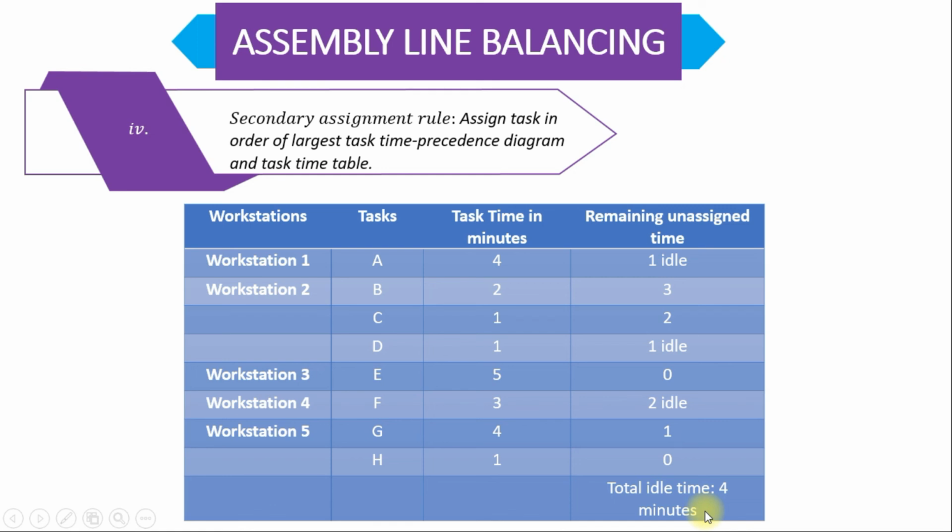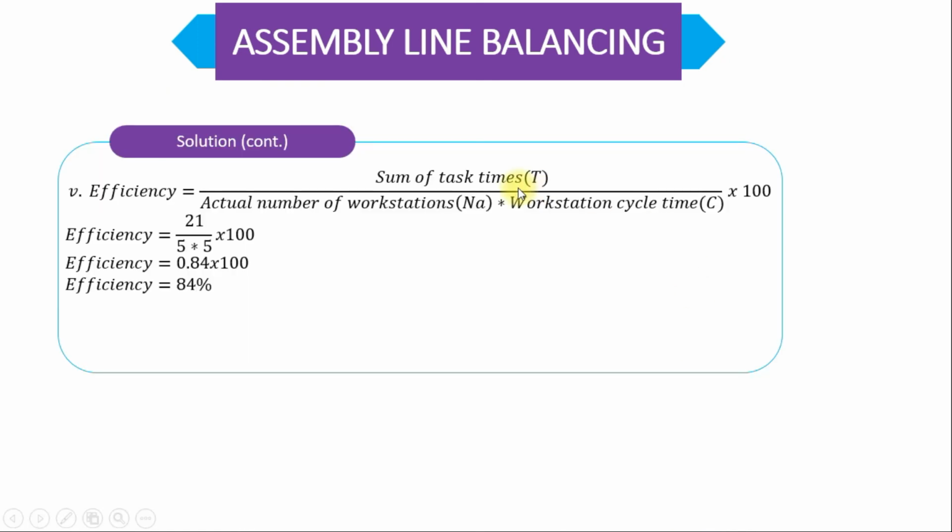Now let's find the efficiency of the balance that we have. Is it worth it? If it is not, then we need to come up with new primary and secondary rules in assigning our tasks. Remember, you can't say that you want to subdivide your tasks because your efficiency was low. We said that the tasks cannot be subdivided. In your attempt to do that, you might end up even reducing your efficiency. So you need to check the rules you use to allocate the tasks to each of the workstations if your efficiency is not